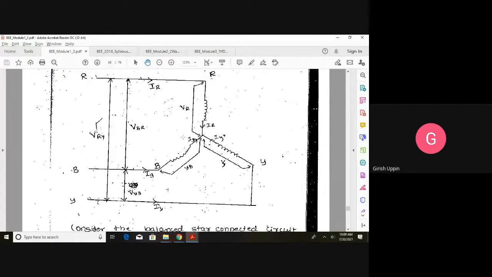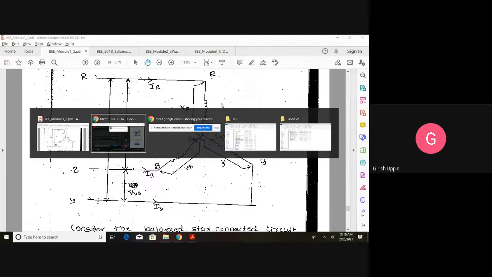First we'll understand what line voltage is, then phase voltage, and then we'll find the relationship. If you measure the voltage between the terminals, those are called line voltages. And if you measure the voltage across each of these windings or phases, we call it the phase voltage. So what is line voltage? If we measure the voltage between any two of these terminals, those are line voltages. If we measure the voltage across any of the three windings, that is called a phase voltage.